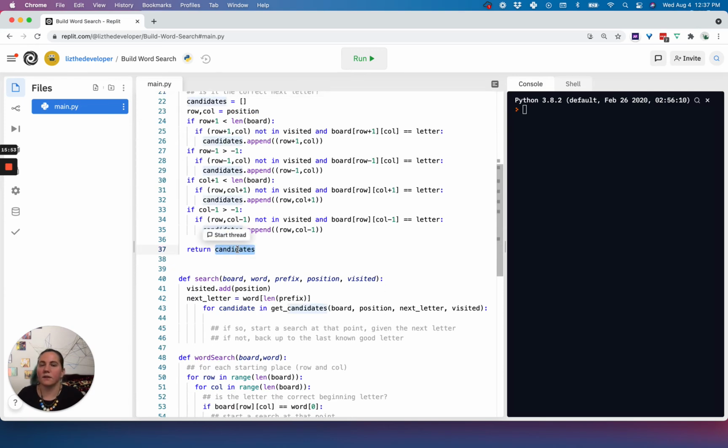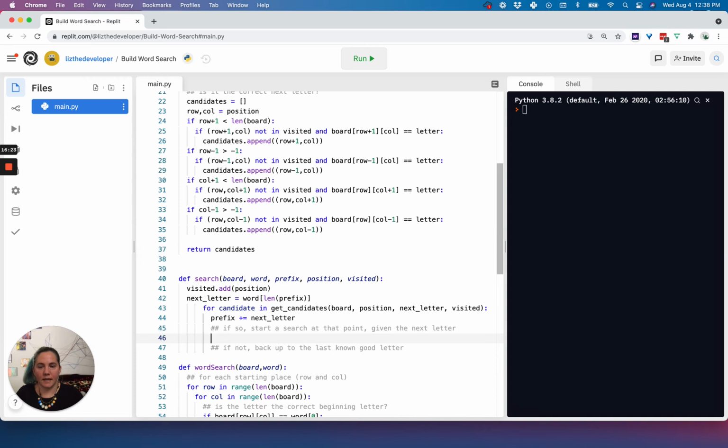And we only return a list of places where it is the correct next letter. So every candidate in this list that we get returned is the correct next letter. So we can say prefix plus equals next letter. Okay. And then what we do is we say search again, right? With the same board, the same word, the same prefix, but we've mutated this prefix,